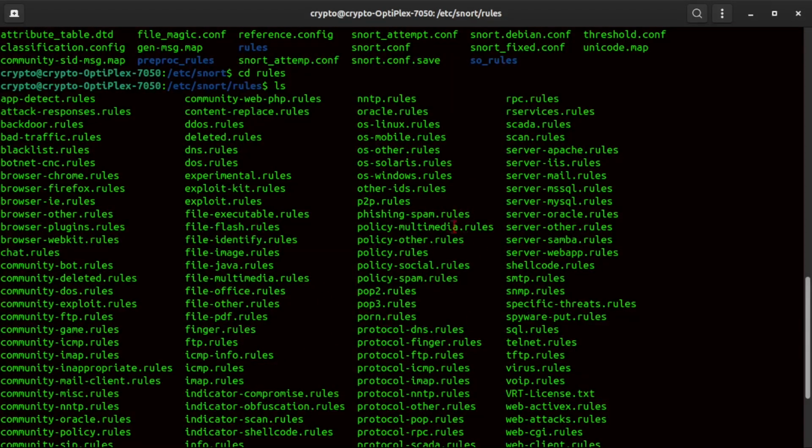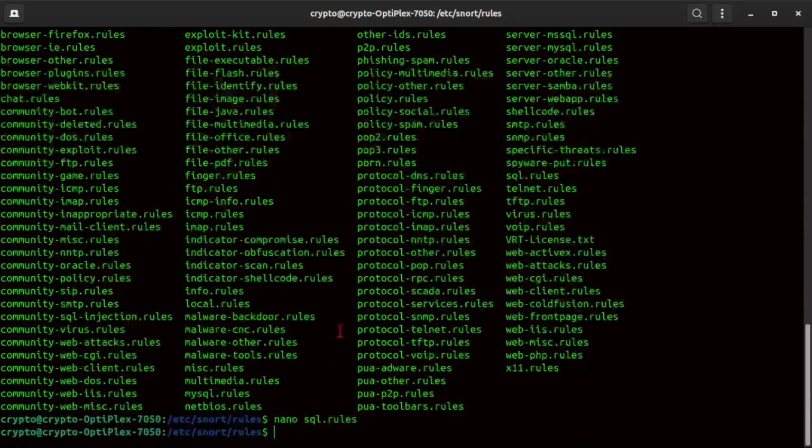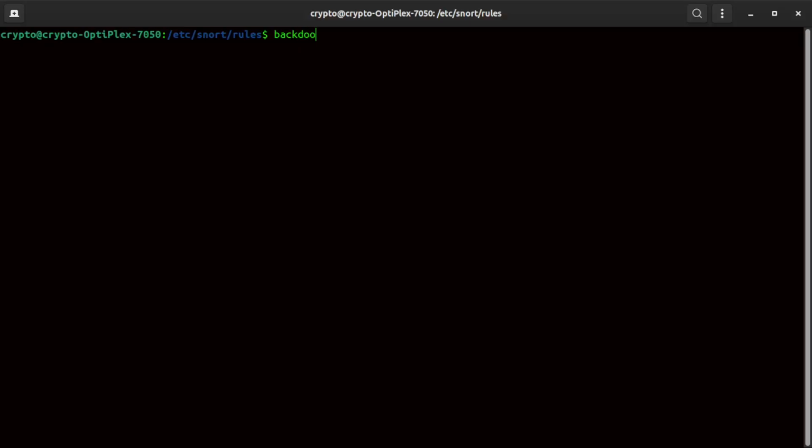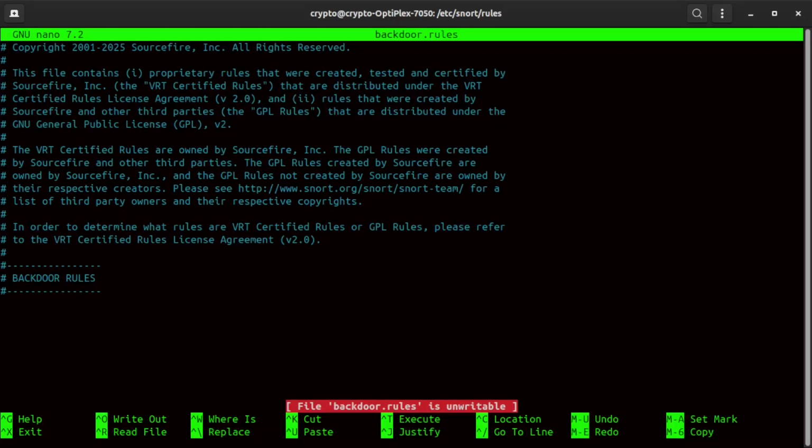So again, this is Lua script. We have all kinds of rules, backdoor rules. Let's look at that real quick. Okay. I don't have anything in here, so we're going to have to build on that. So, but